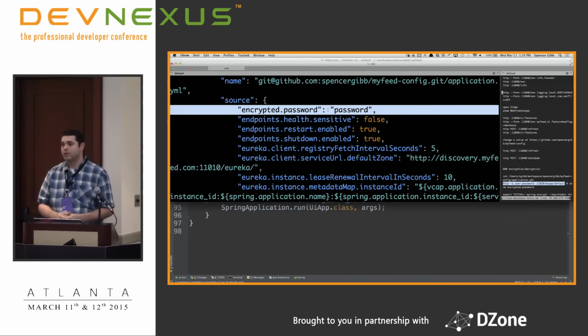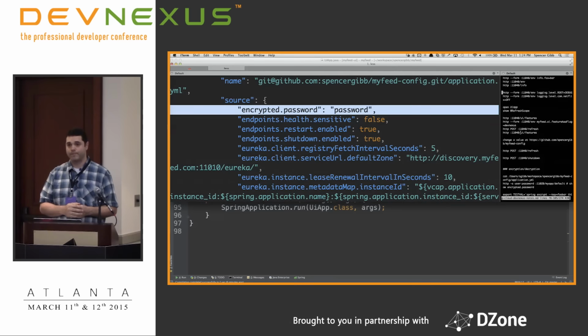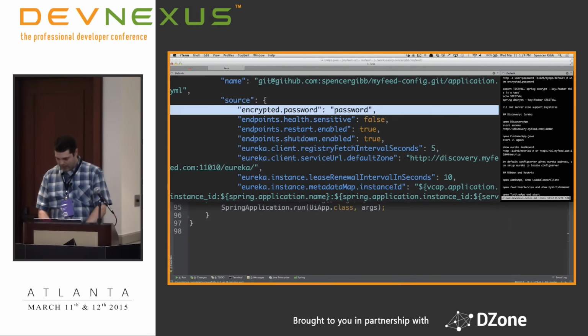Yes? Another way I could have done that is gone into Git, made the change, then called refresh, and it would have repulled it. Yeah, these have all been transient. Yep, great question. Any others? There is, if you're aware, oh, go ahead. So you have to call refresh to go get it again?